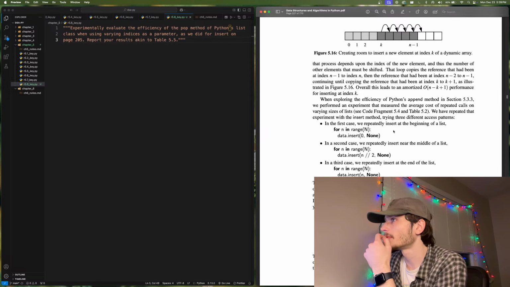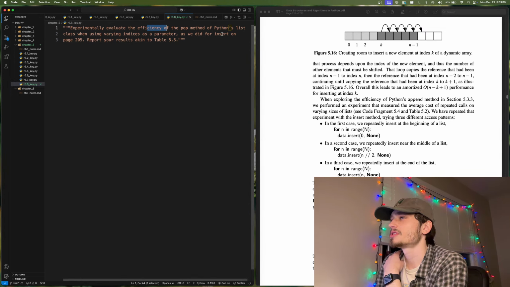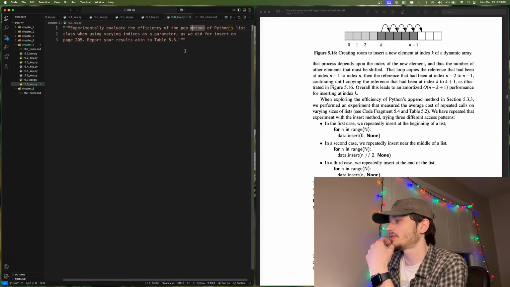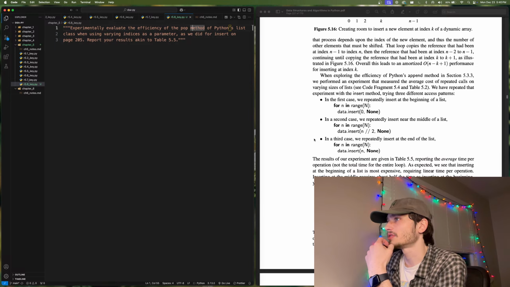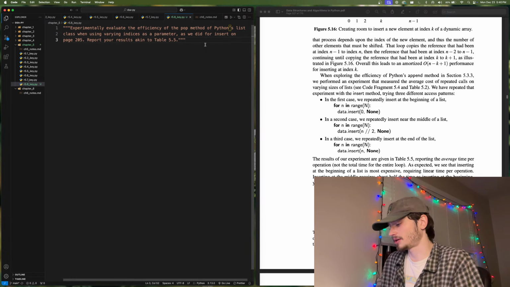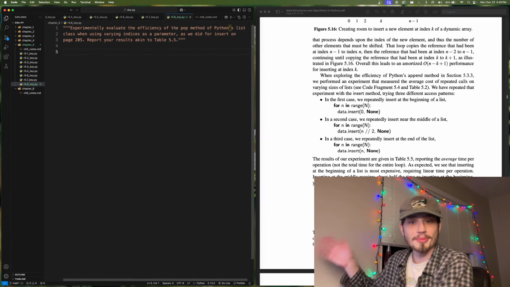Okay. Experiment to evaluate the efficiency of the pop method of Python's list class when using various indices as a parameter, as we did for insert on page 205, akin to results in table 5.5. Okay, so what we need to do is